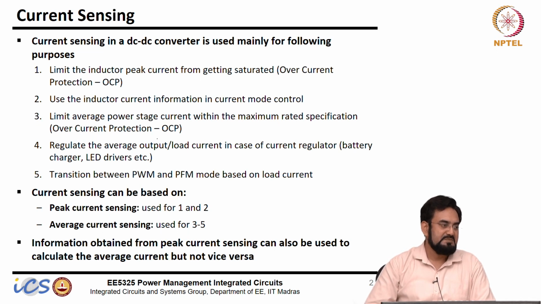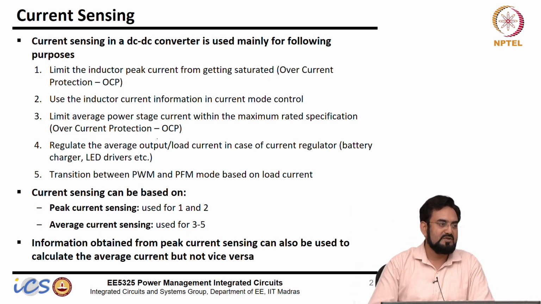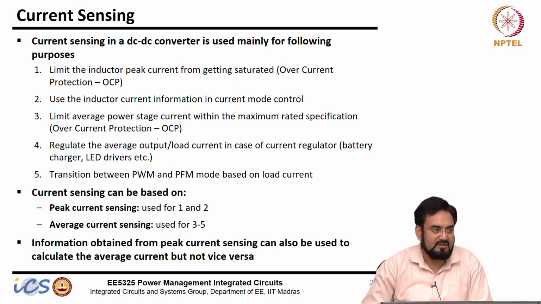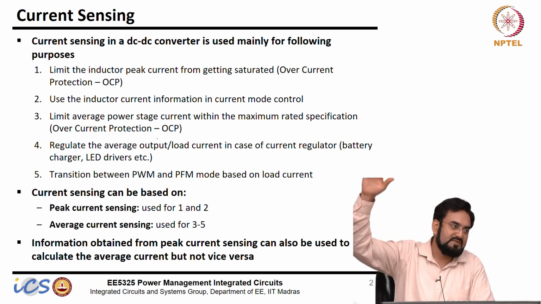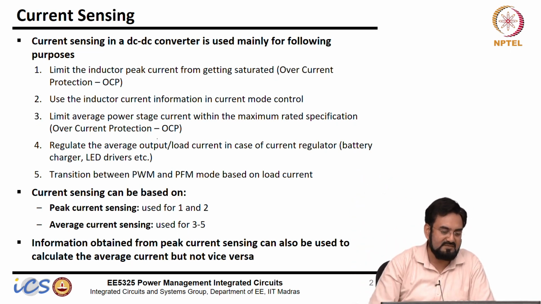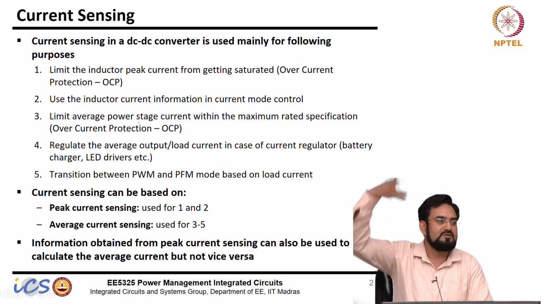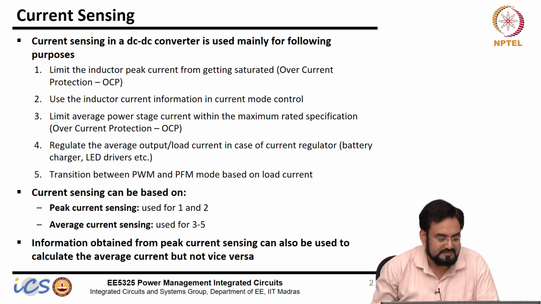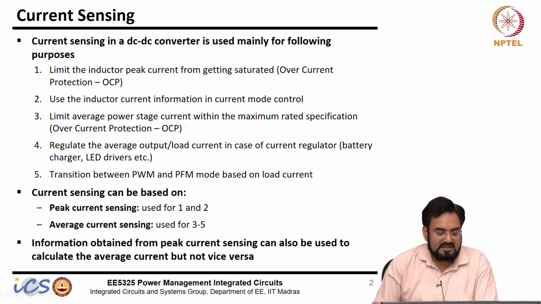So if you have designed for 1 amp current, and for 3 or 4 cycles the peak current goes to 2 amp or so, it won't break your device all of a sudden, because temperature rise will take some time. Unless your temperature goes very high and it melts your device and your routings, everything, it will not break right away, unless your peak current goes to 10 amp or so. Most of the time we keep the peak current at 1.5 to 2x of your load current, we don't keep it 10x.